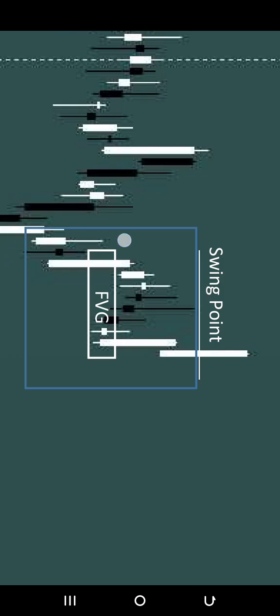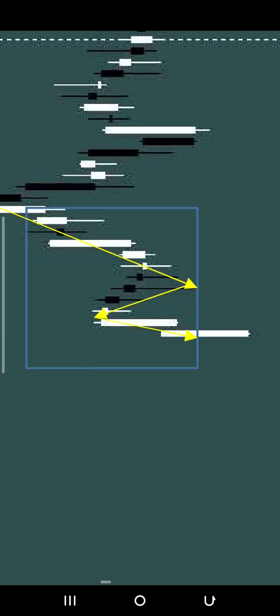Now, this area where price came into the fair value gap, fair value has been offered. Can you see the first swing, the second swing, and the third swing upward? Fair value has been offered. Now, the area where fair value has not been offered is this part. So we expect that price will go up and still come back. This area where fair value has not been offered is called the fair value area, another entry opportunity for you to ride the market upward.